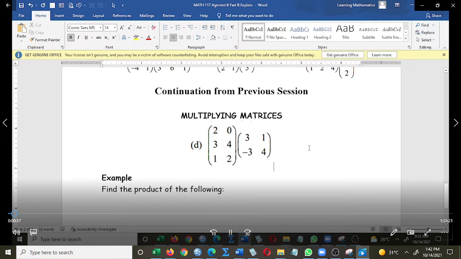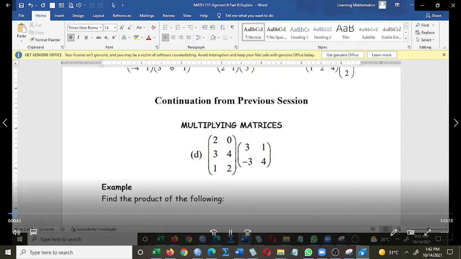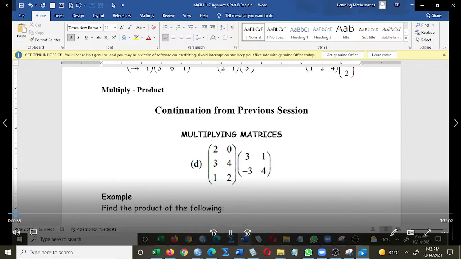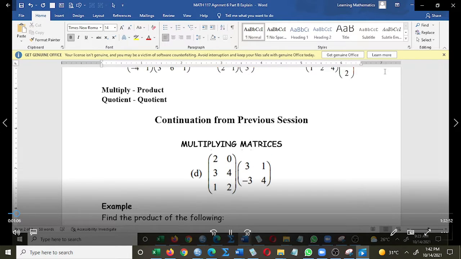So let me write it down again. I can write it over up there. When you multiply, just a little warm up, I guess, you'll get a product. When you divide, you'll get a quotient. And just to make sure that we are listening,